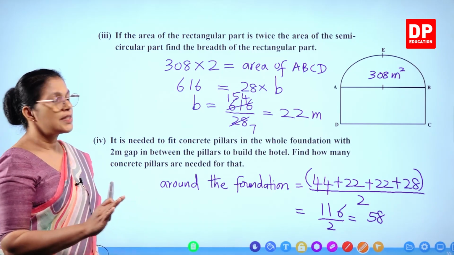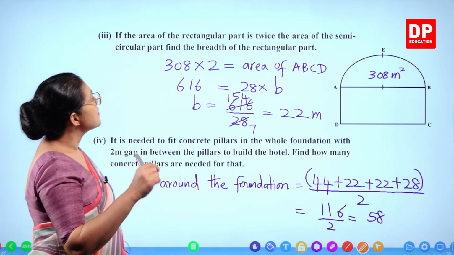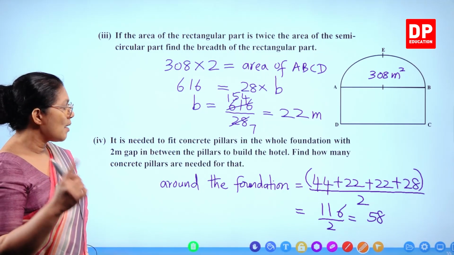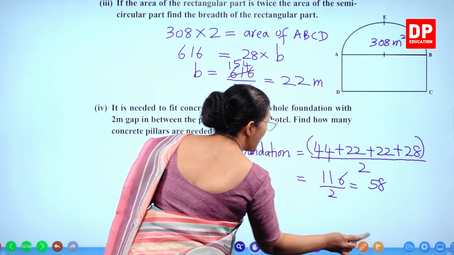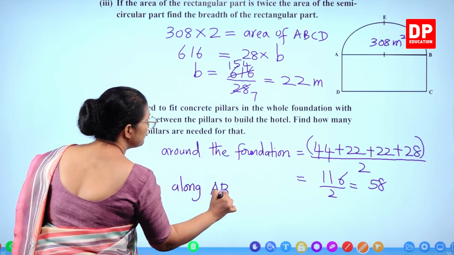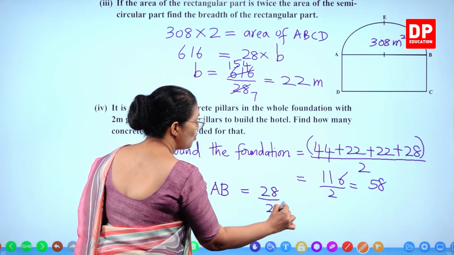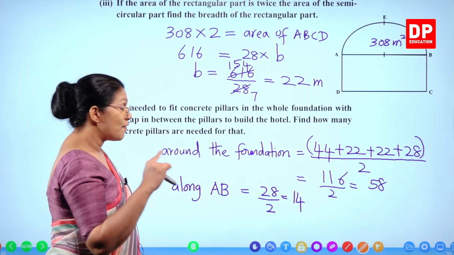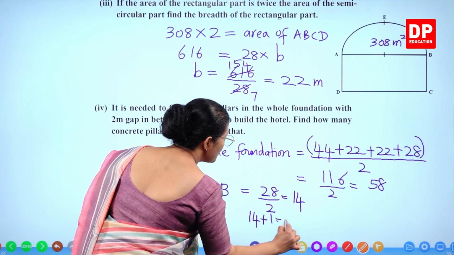Number of gaps or spaces is the same as the number of pillars in this case, if it's a closed one. But if it's an open one, you have to add 1 to get number of pillars. So this is 58. Now let's see along AB, how many pillars needed? So AB length is 28. Divide by 2. So that's 14. But you have to add 1 to get number of pillars. So 15 pillars needed